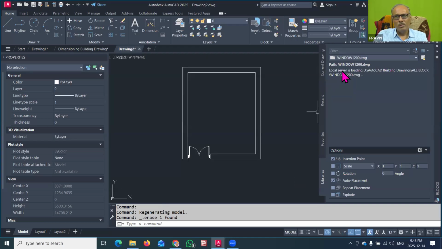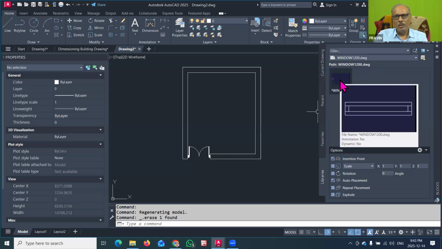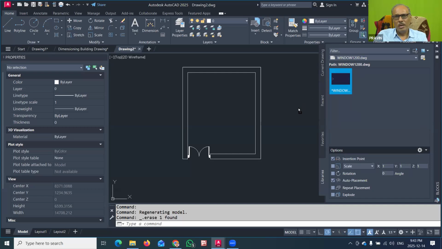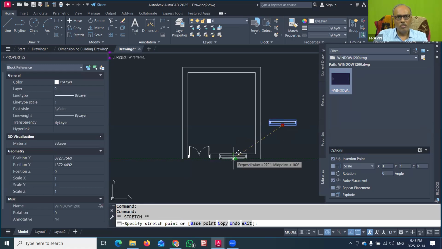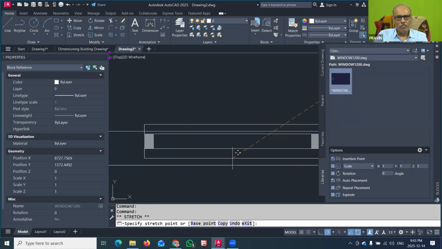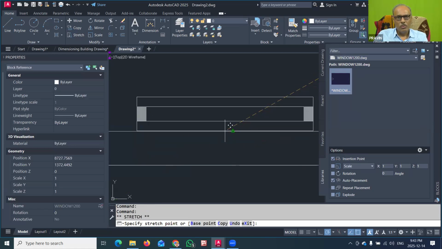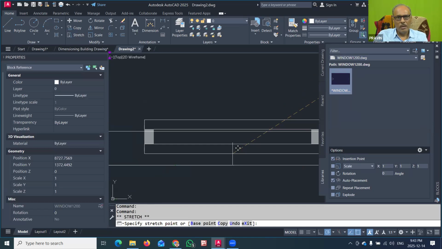And now it is appearing here. Now you can just drag and make it here. So this was appearing here. You can insert this and you can place it at the location. So where you want to place, you can track down.